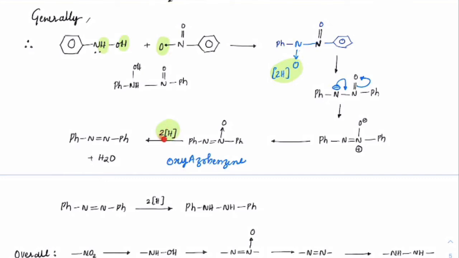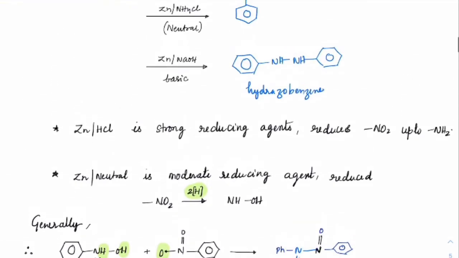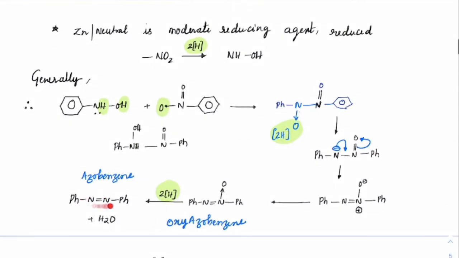When you react with further nascent hydrogens, this oxygen will also be lost and you will get PhN double bond NPh. So complete azobenzene is formed here. Please understand, none of this mechanism is there for your syllabus. I just want you to understand one thing: it is a journey of nascent hydrogens by which from hydroxylamine we go through that, we get this, and finally we end up at azobenzene. That is what is exactly happening in this case also. Once you get azobenzene, you add two more nascent hydrogens.